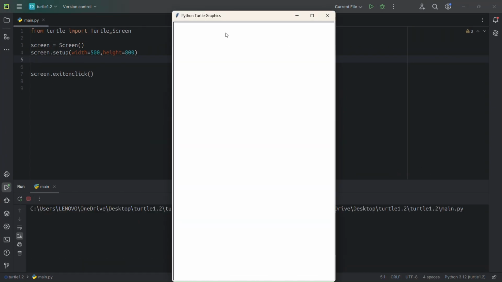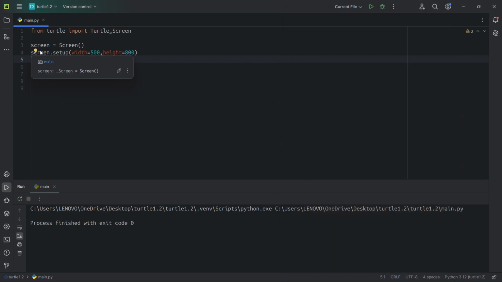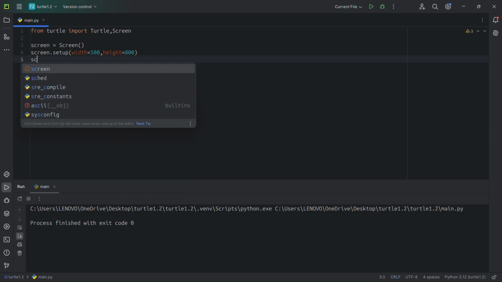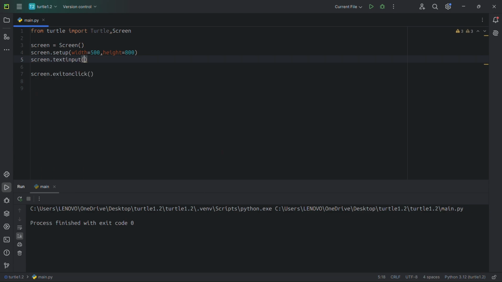Okay, after creating and understanding the canvas, let's say the race place or race road, we want to pop up a question, or a screen that asks the user to input their guess about the winning turtle color. This can be done using a function in the screen class. Let's say screen text input. Here the parameters are title,